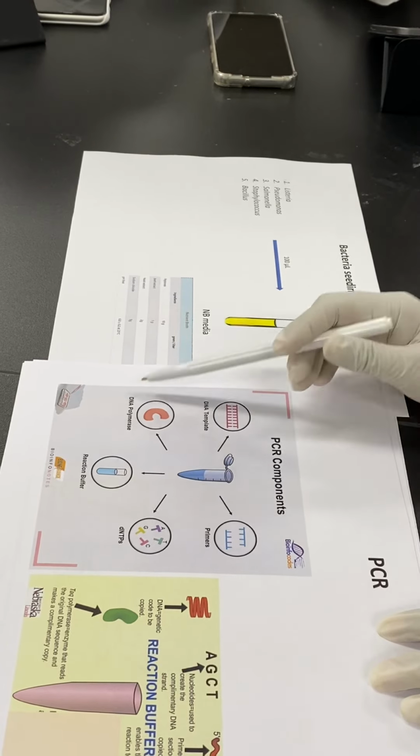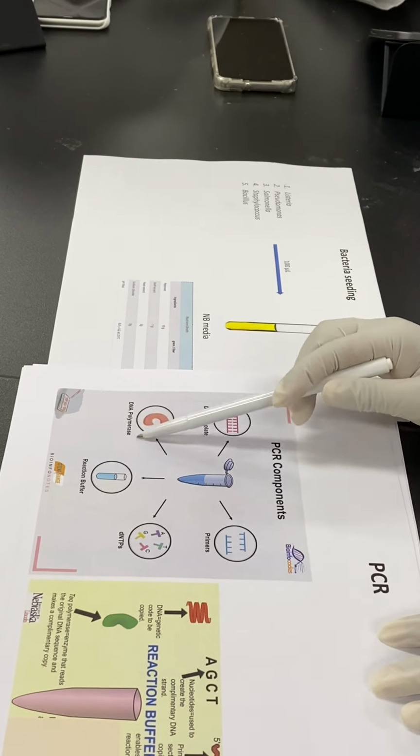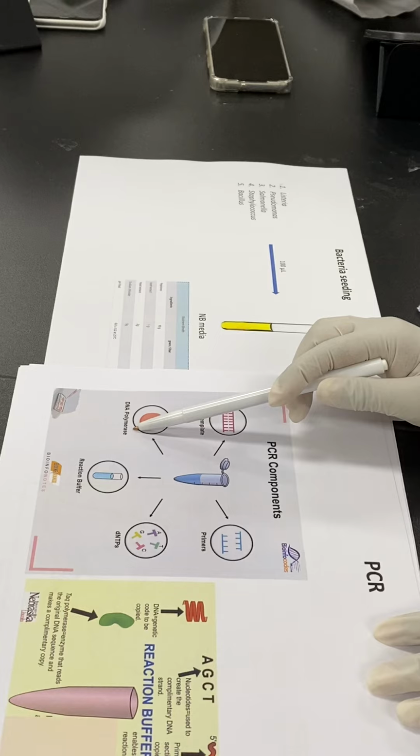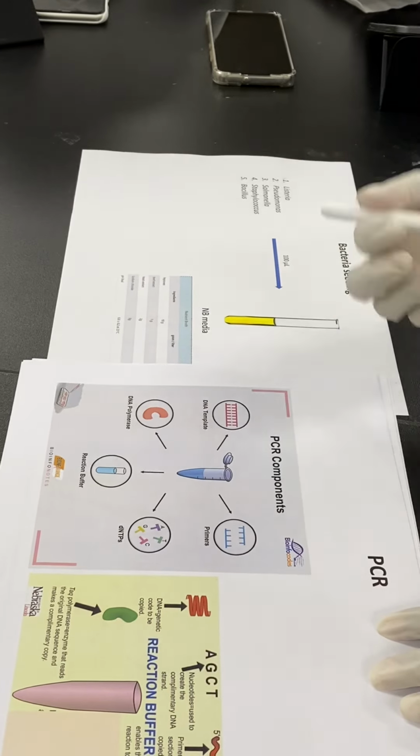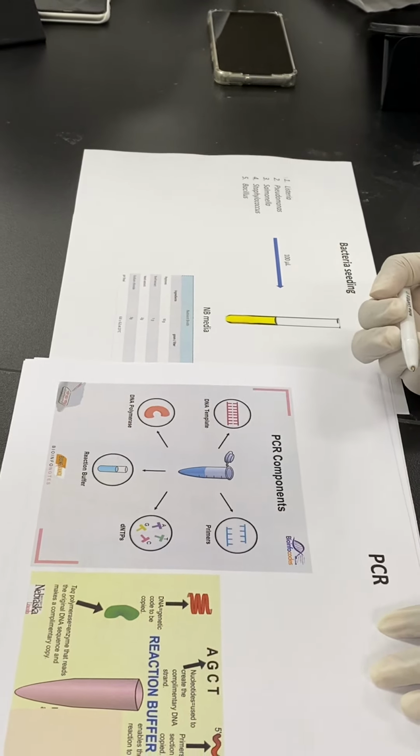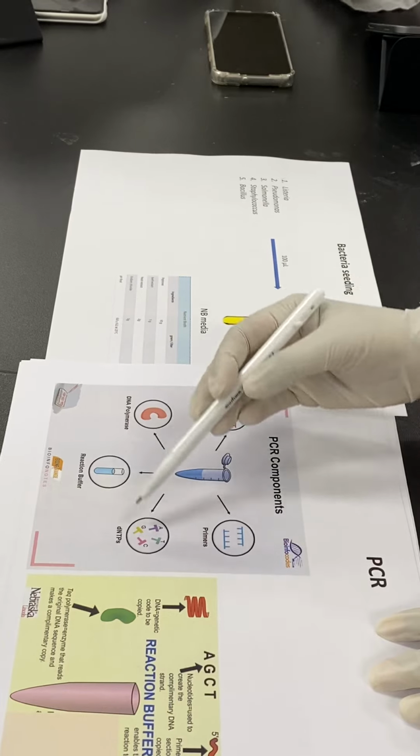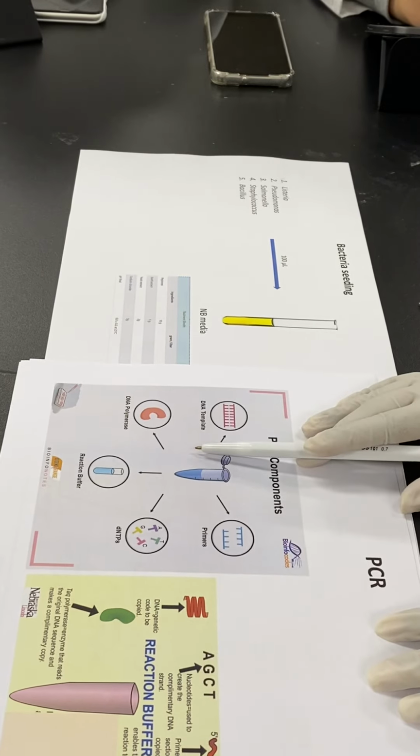The next one, the most important one, is DNA polymerase. That is the enzyme that stimulates the reaction. These are the things we mainly use for our PCR